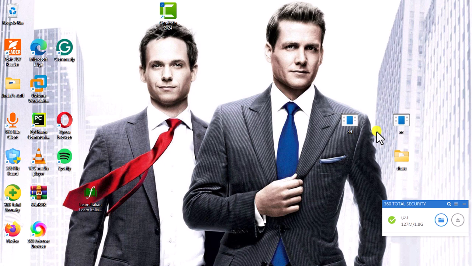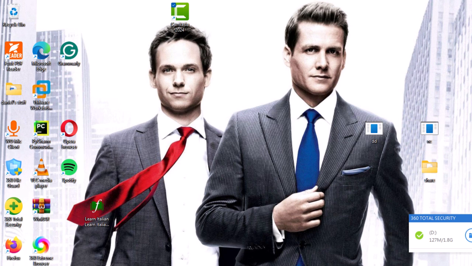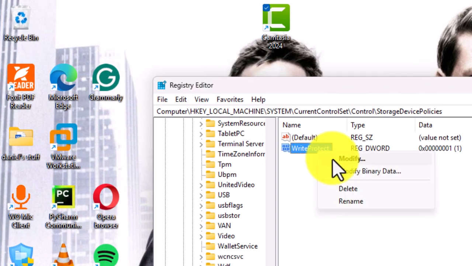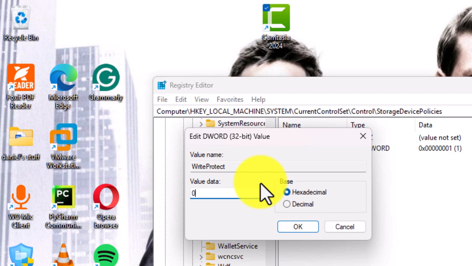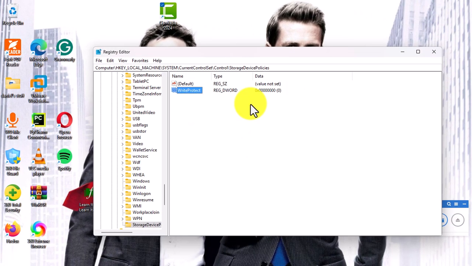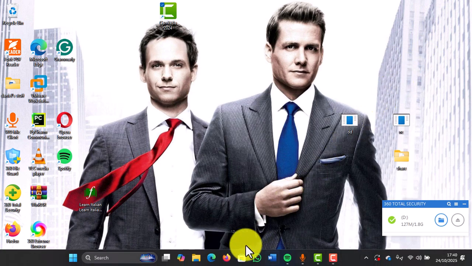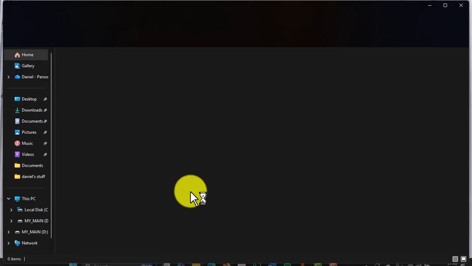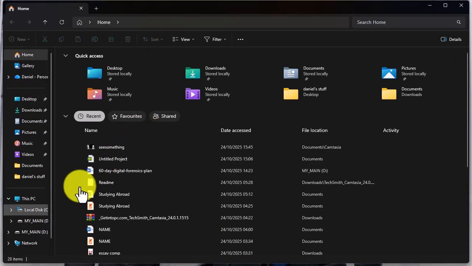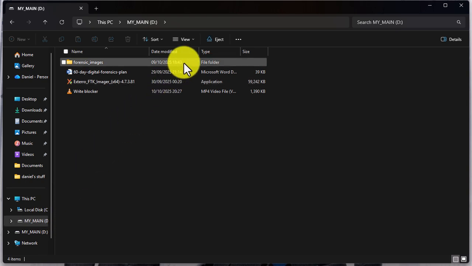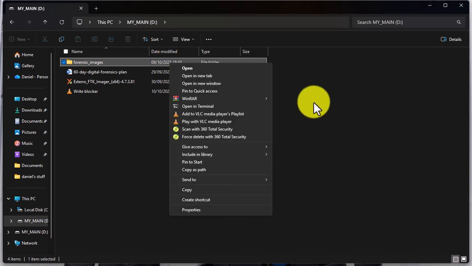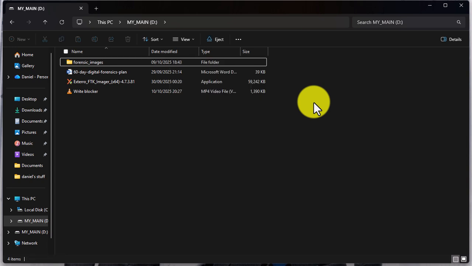So if you want to disable it, you go back there and you modify the data, you change it to 0, and here it's disabled. Our software write blocker is disabled. I come back to the flash drive. It's not showing, but when I remove the flash drive and put it back in, it's going to show, because like I said, it doesn't work